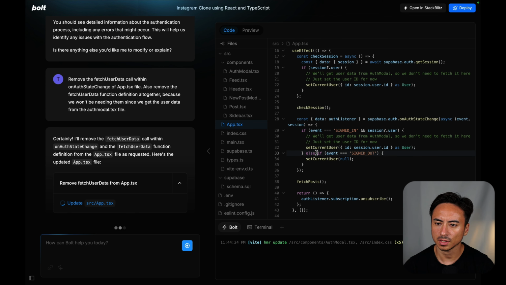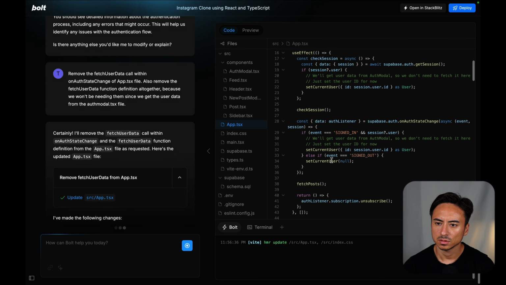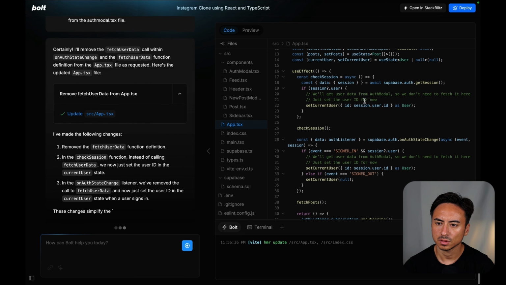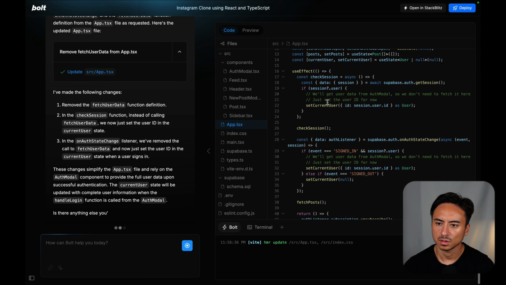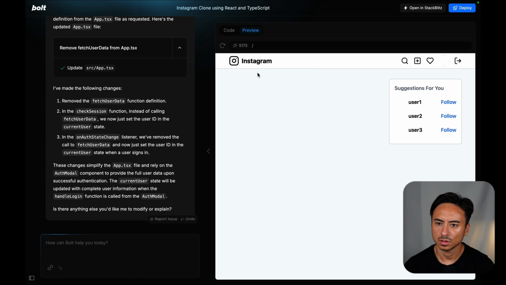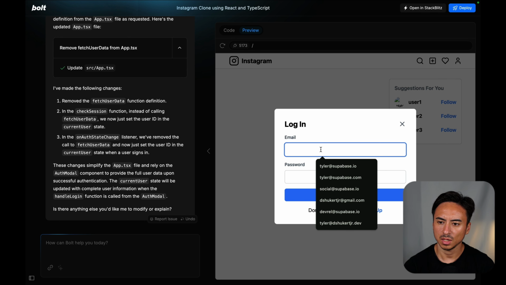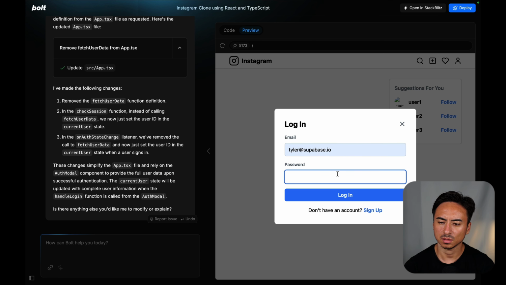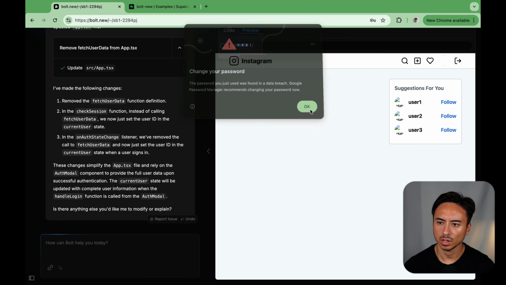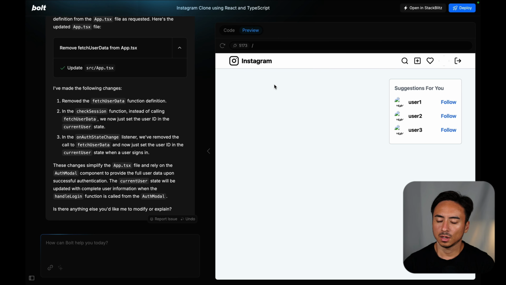Okay, so in that case, current user is what? Okay, maybe we did it. Maybe we made it. Password, login. Okay, so we were able to log in. Yeah, not entirely sure what the cause was, but the great thing is we are now signed in